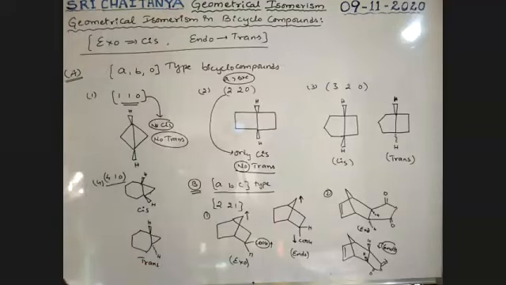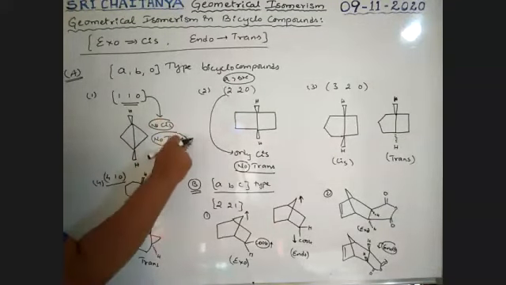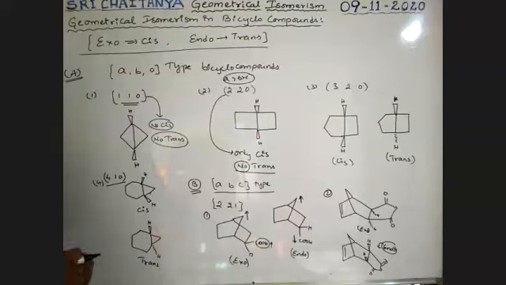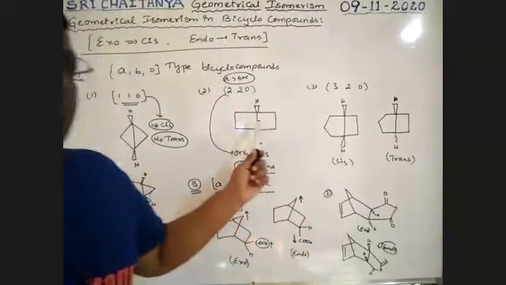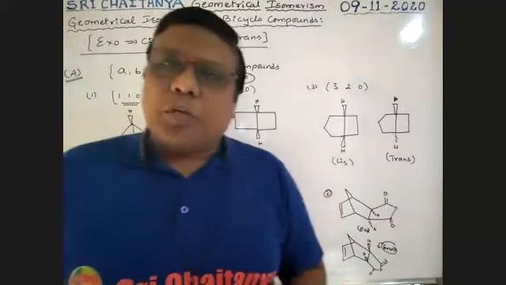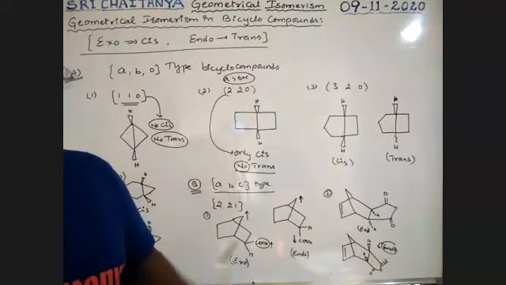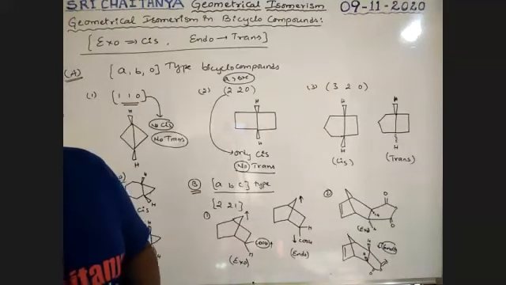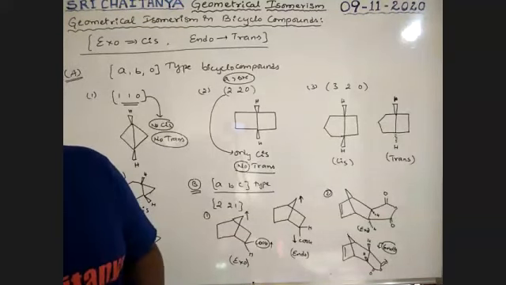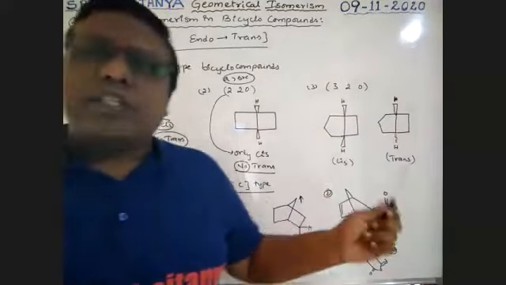Only cis is possible, no trans. Yes, it is no cis, no trans. That means every compound is identical. So those seem to be cis, same side. Here same side is possible, but opposite side is not possible. That is why only cis exists, but not trans. Yes, only the 220 system, only cis exists, but not trans. The 110 system has no cis, no trans.